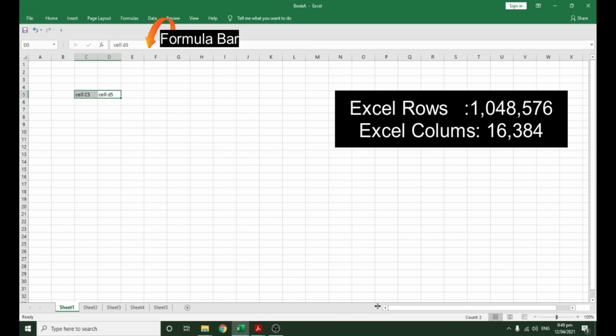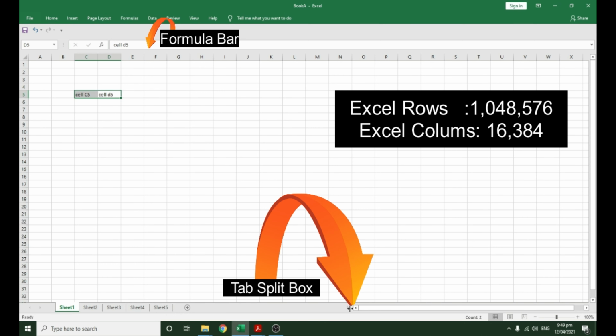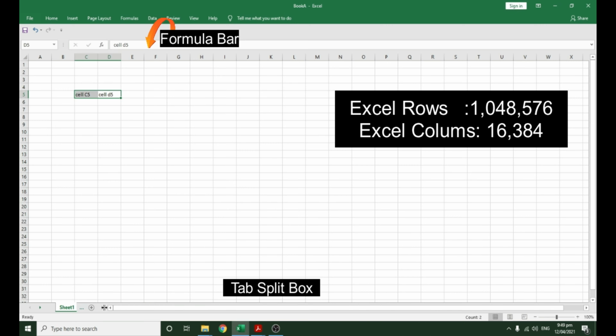Okay, we also have below the tab split box. Well, it's not really that important to know the name, but it's good to know at least. But more importantly, we should know how to use it. Okay, so as I'm showing it to you, this one should function as a way for us to select